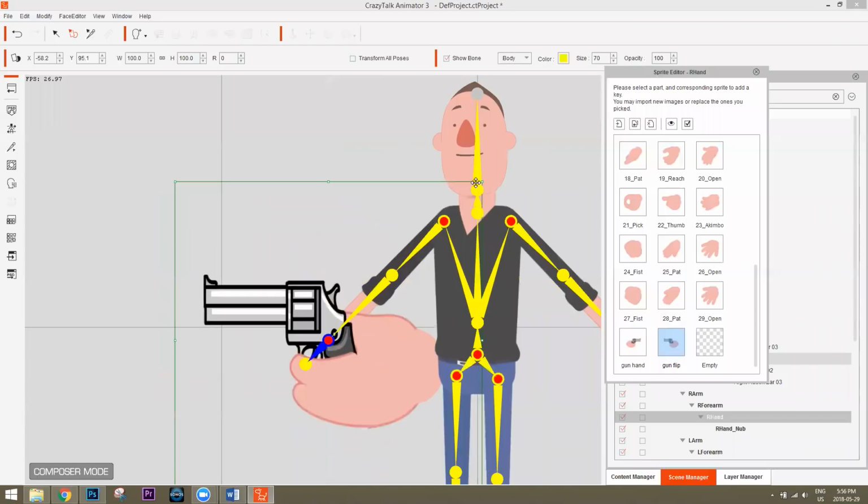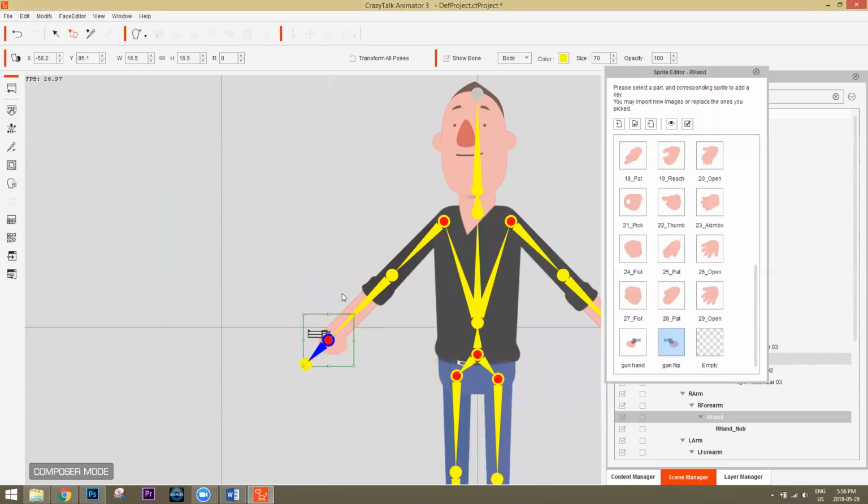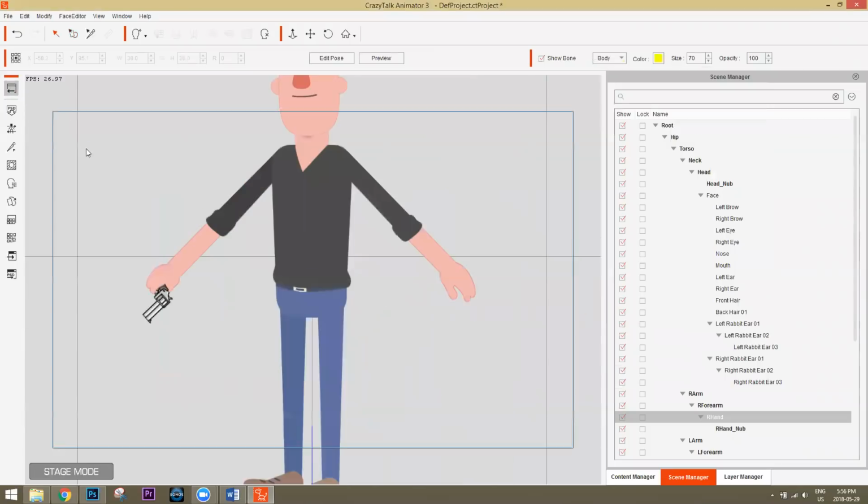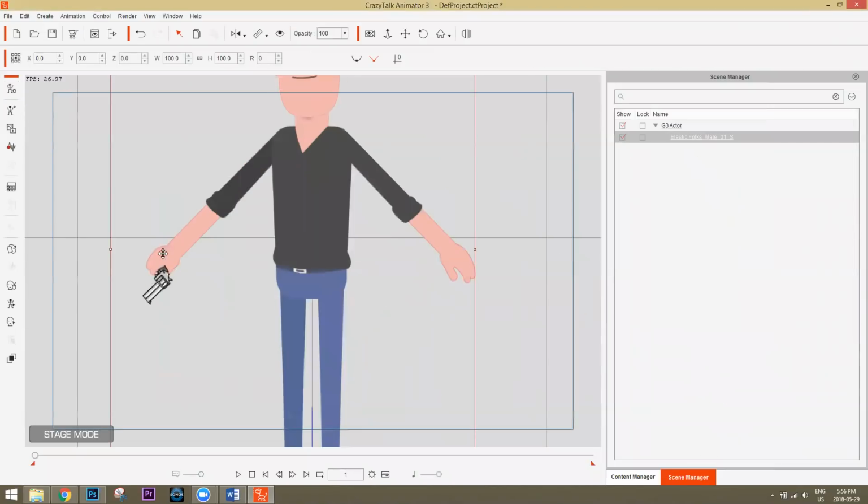Let's move in here a little bit. There you go. Just place it wherever you want. There you go. Then we'd switch it to the other sprites on the hand.